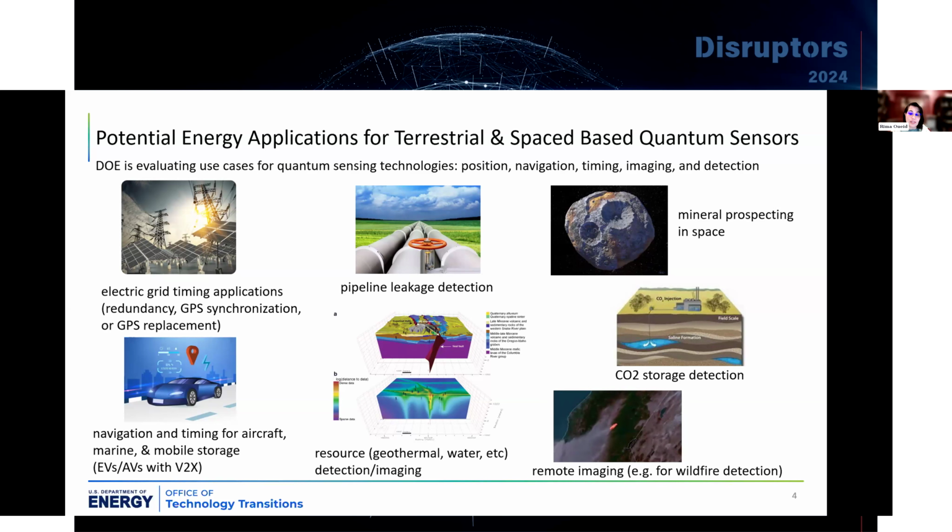And from a DOE perspective, the more capable we are in being able to identify things like fires in remote areas before it hits our actual critical infrastructure like the grid, the better off we will be and be able to protect our populations on the ground. So lots of great opportunities here to develop quantum technologies in space, but also in space for